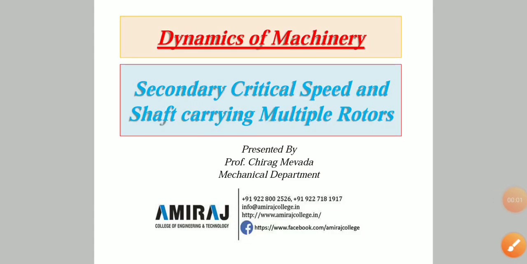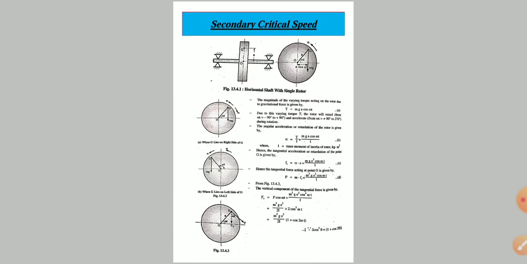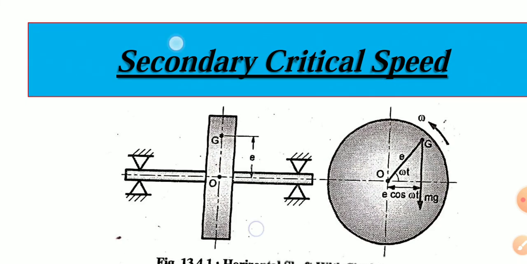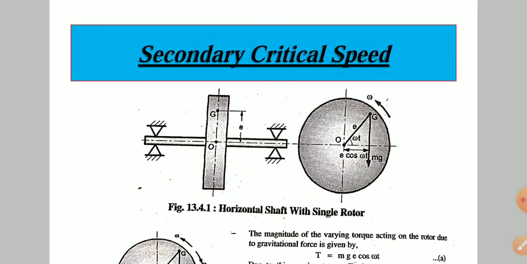Hello and welcome everyone. In this lecture, I will be discussing secondary critical speed and shaft carrying multiple rotors. We will find the critical speed for multiple rotors. First, secondary critical speed. The main or primary critical speed is observed due to the effect of centrifugal force of